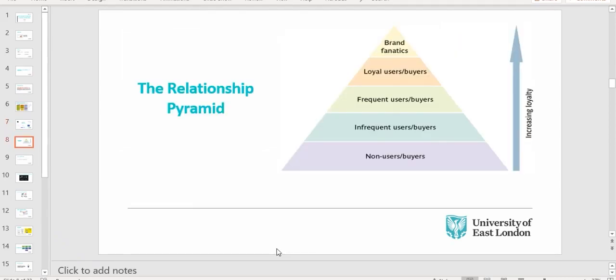Okay, so which takes me to Keller's relationship pyramid. If you talk about the basics of marketing, essentially marketing is about converting those people that do not know about you, your non-users, which are at the bottom end of the pyramid, people that are not aware that you exist. But how do you move them through conversation, through relationship? How do you move a person that does not know about you, does not buy from you, to those various stages where the person starts engaging with you more frequently? And that is where we talk about brand loyalty and consumer loyalty.